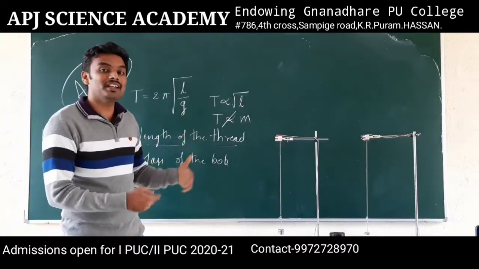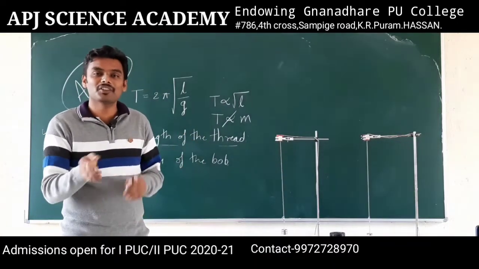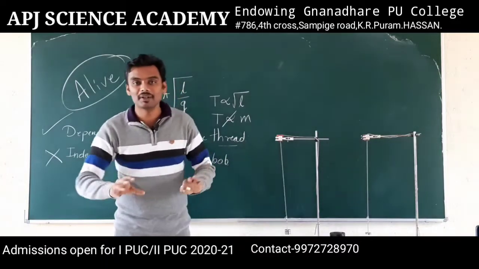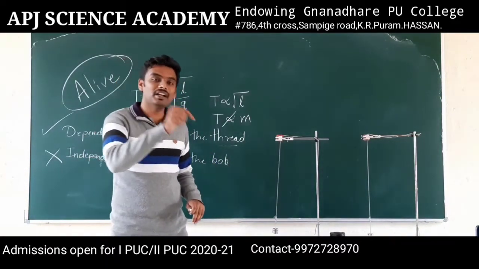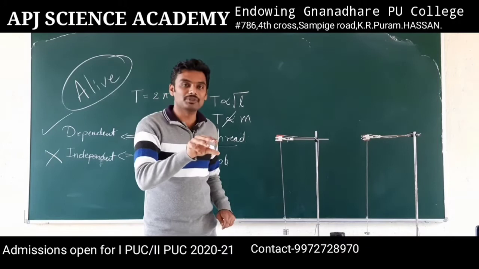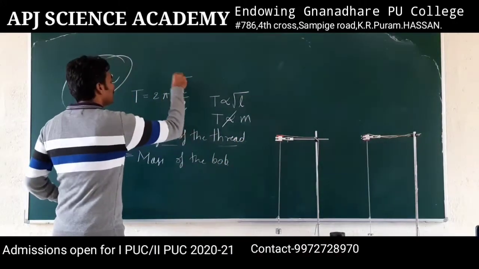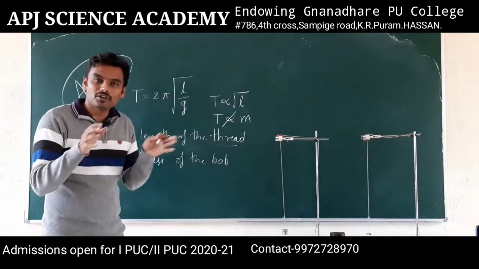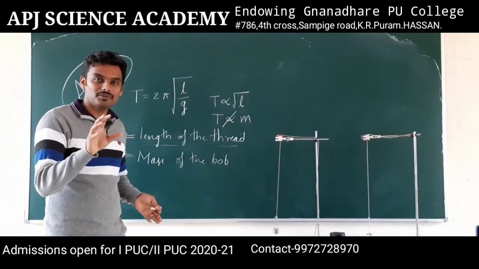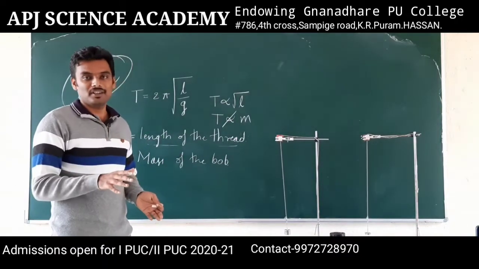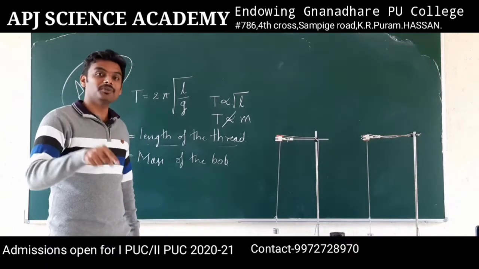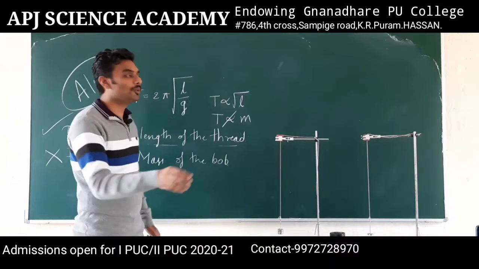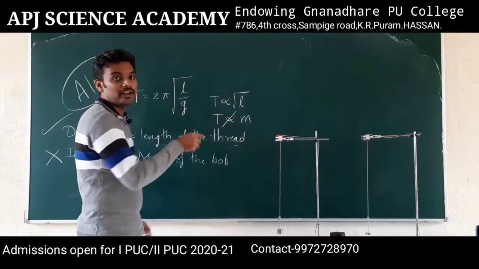with the quantitative analysis. What is quantitative and qualitative? So far what we did is qualitative, which means we did not go into the actual values. So and so centimeter, so and so time, so and so g value. No, we did not go into it. Okay, that is qualitative. What do you mean by quantitative? When it comes to quantitative analysis, we are going to include numerical values in the formula and check.